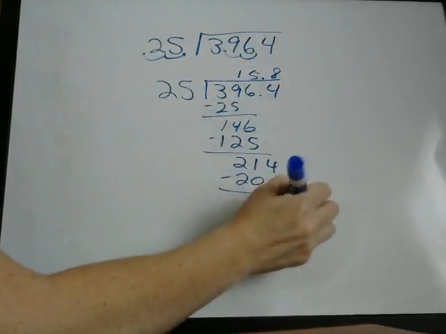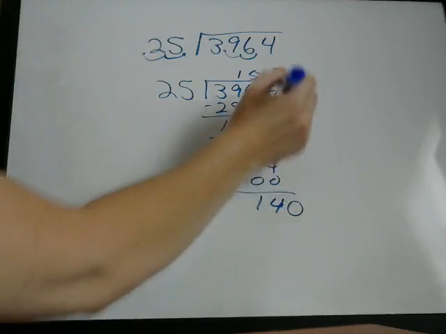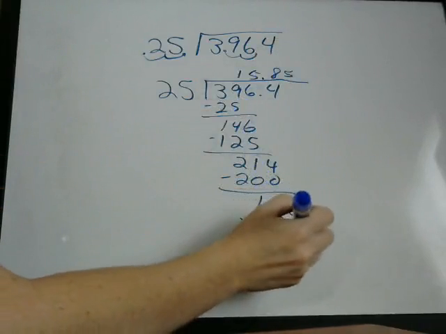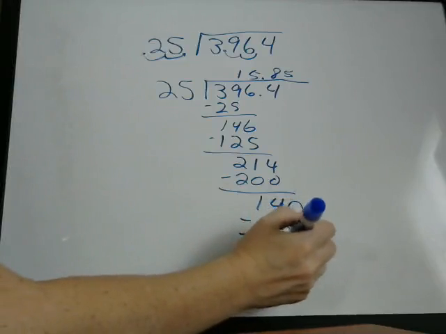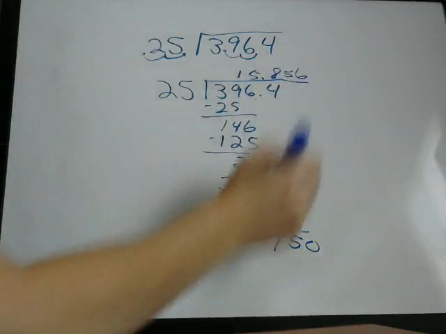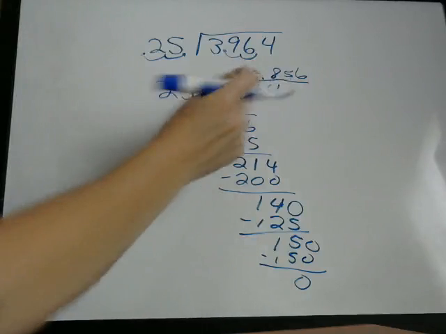14, we bring a 0 down. 25 into 140 goes 5 times. 125. 25 into 150 goes 6 times. So that's our answer,